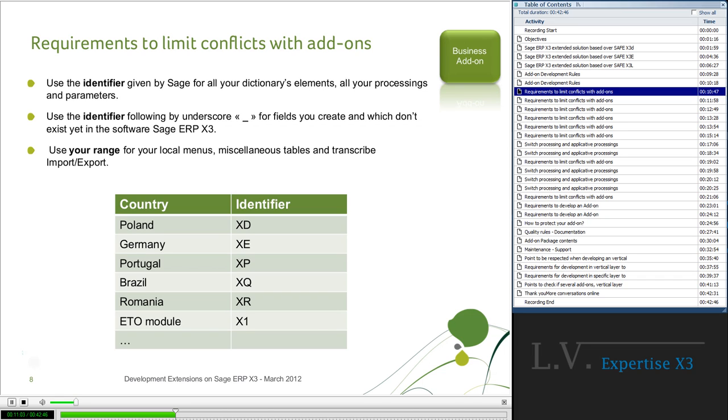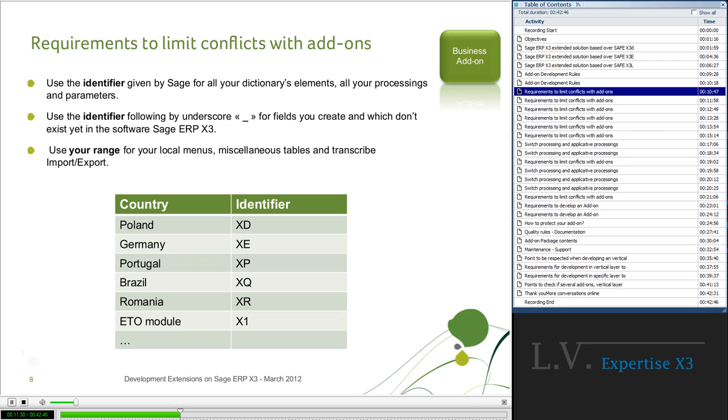The first rule is to name elements beginning with the identifier. For example, Polon uses XD. You have to use your identifier for all the elements of the dictionary, for all your processings, and for all your parameters.